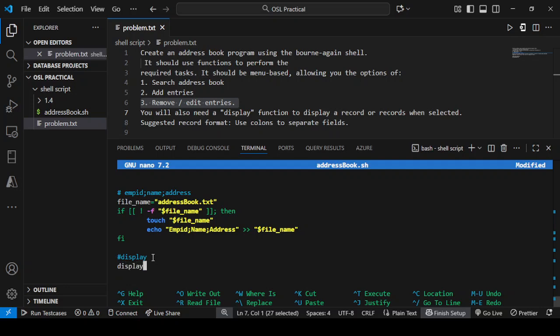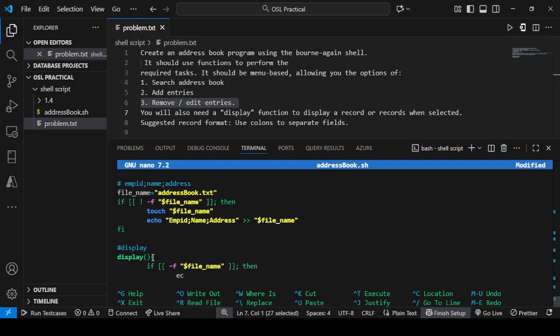The hash is used for comments. So in the display function, I'll check if the file exists or not. If the file exists, so if my file is present, then I have to display its content. Then I have to echo, content of address book is,